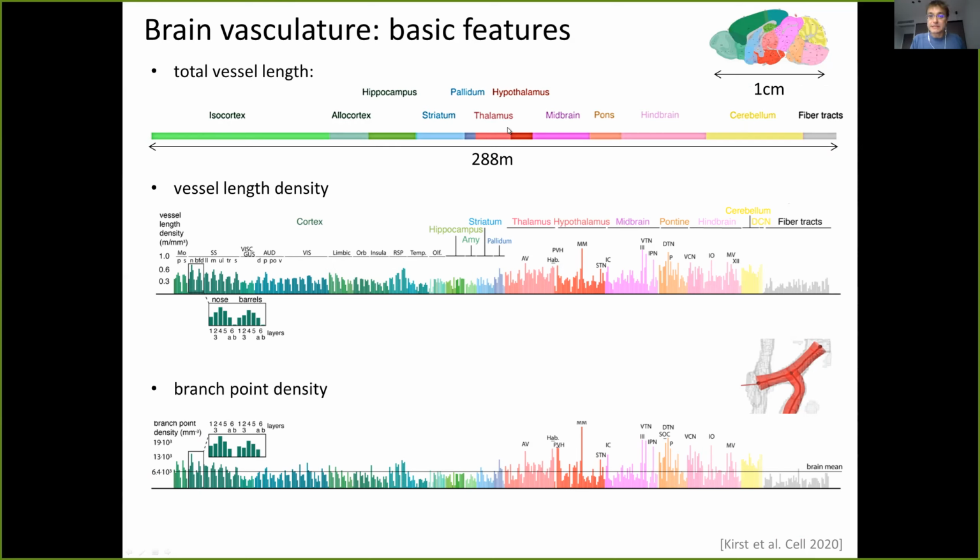We can do this and separate out which brain areas contribute what lengths to it. We can also look at the density, how much vasculature is there per volume, for example. We see this effect I showed before, that in subcortical areas there seems to be much higher vasculature in general than in cortical areas. If you zoom even further in, you see an interesting pattern that reappears here over the different layers in the cortex. You get a systematic variation of the vessel density. And that's similarly reflected also, for example, in the number of branch points over here. So it's not just length, it's also branching of the vasculature that shows similar trends.